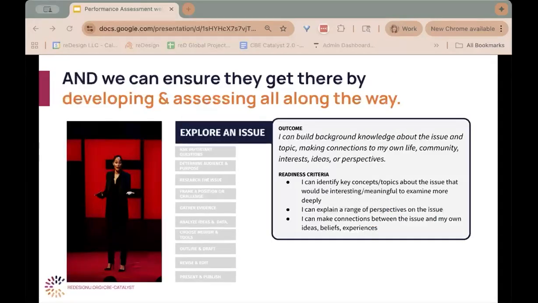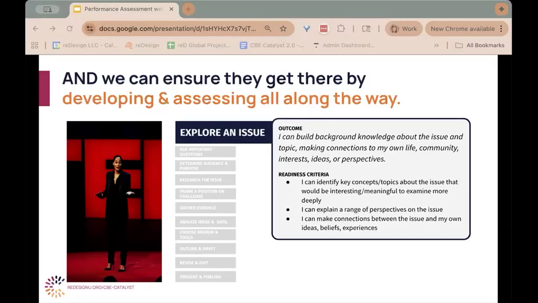But I think one of the things that I love most about a strong performance assessment, and Vicki brought this up earlier, is that you don't just make it about that final product. Remember, if that's all it is, you're assigned the paper, you're given the criteria to write it and a due date. What you're assessing when the student turns in that paper is what they know and have shown, but it is not assessment for learning or as learning. It is just of learning.